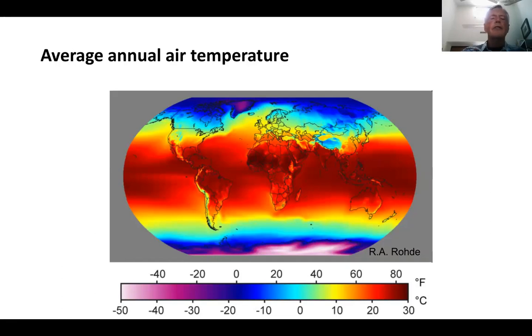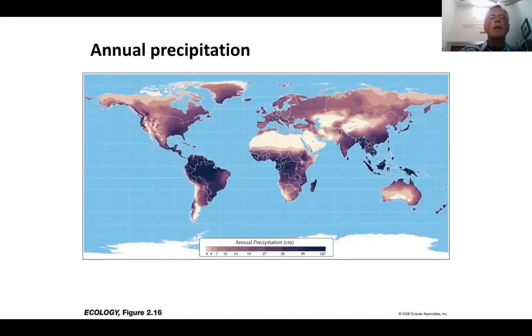No surprises. It's hot at the equator and it's cold at the poles, all right? No surprises there. This is a heat map that simply shows the average annual temperature of the atmosphere around the world, all right? This is another sort of heat map that shows the annual precipitation around the world. And the thing that I want you to notice from this is that it does not mirror the